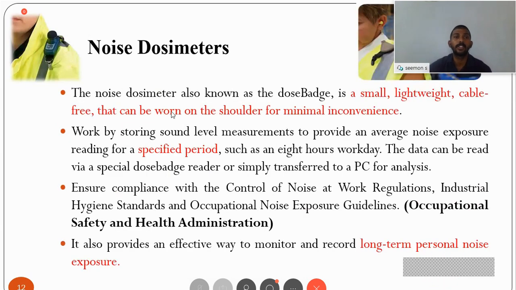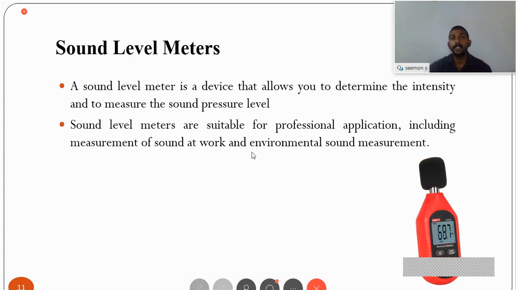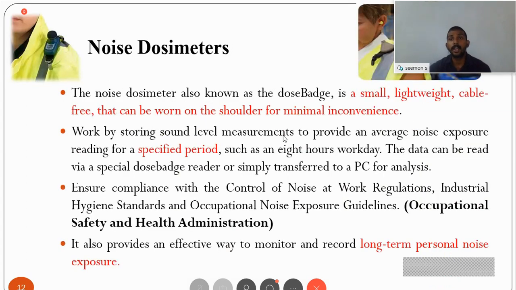Next is the noise dosimeter. This is easy and simple as compared to the sound level meter. It is a small and lightweight cable-free instrument, only 51 grams in weight. It is just hung or pinned on the shoulder, or we can say worn on the shoulder,